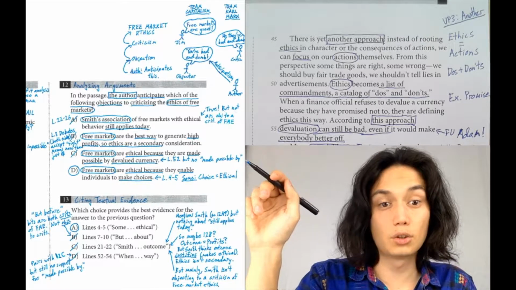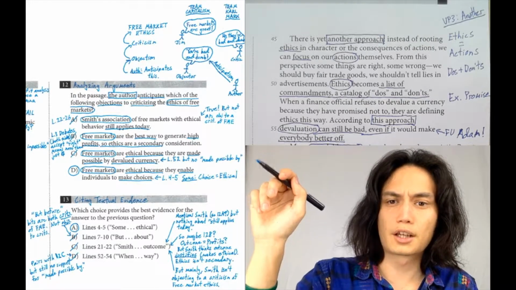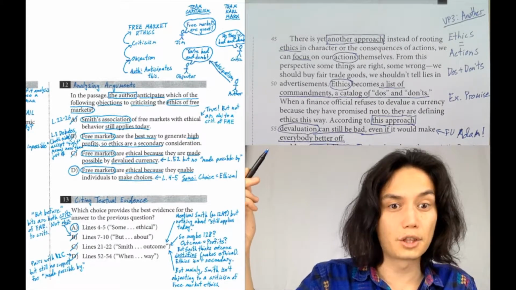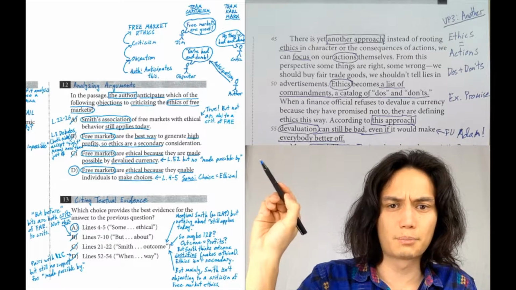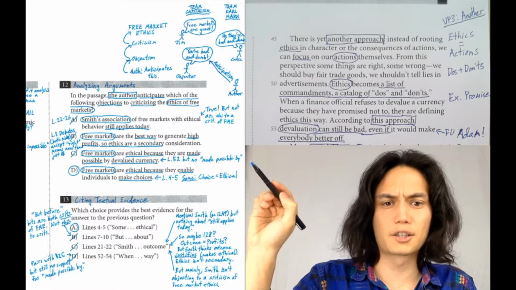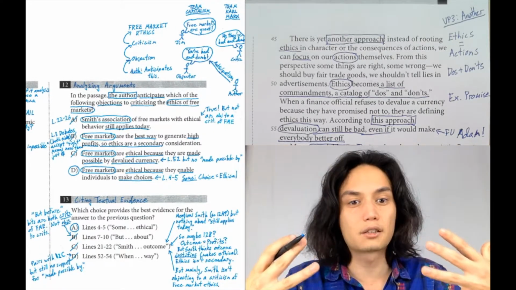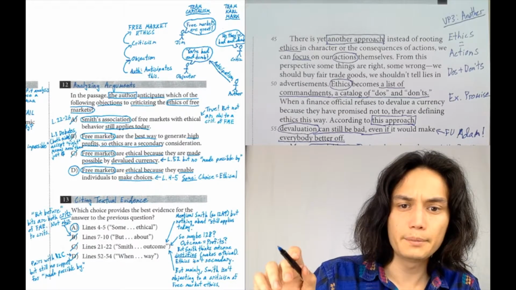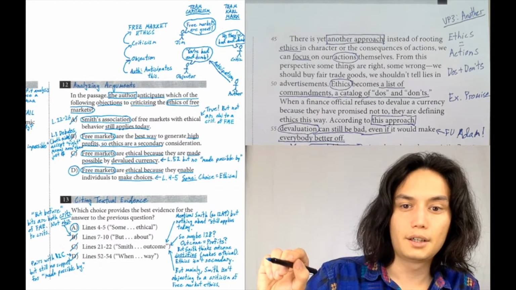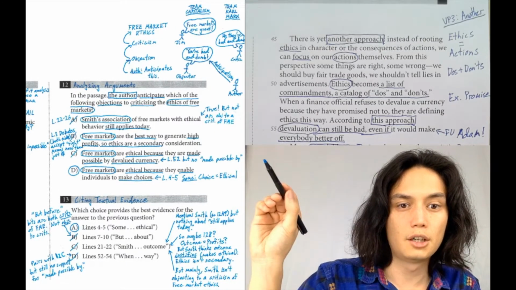Now, this claim is still wrong for the same reasons. Even though devalued currency is in the passage, the claim itself isn't supported. These are the exact reasons why we read this quote earlier and said this quote doesn't support the claim. There's no link between devalued currency and free markets being possible. It's not true that devalued currency is what makes free markets possible. That's the exact same reason why this quote doesn't support this claim. Answer choice D, just because it mentions devalued currency doesn't make it a perfect match with this claim.